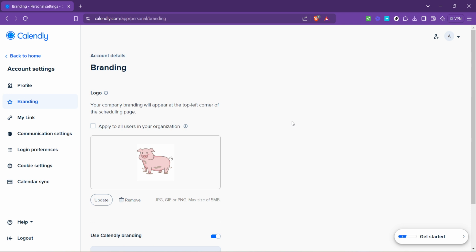A couple of final tips to ensure your success. Always choose a high quality image for your logo to make sure it's crisp and clear on all devices. Also, while you're in the branding section, consider exploring other customization options available to you. Calendly offers a variety of ways to personalize your page further, from colors to welcome messages, making your scheduling page